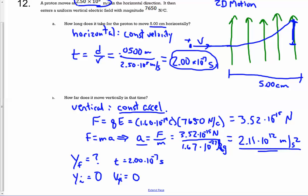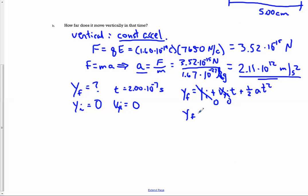So let's not use an equation that involves that. I think the equation to use is number 2 on our list of the 4 equations. So again, switching from x's to y's, we have yf equals yi plus vyi t plus 1/2 a t squared. And we have everything. Both yi and vyi are 0. So really, yf is simply 1/2 a t squared. And we plug in the a and the t, and we get,